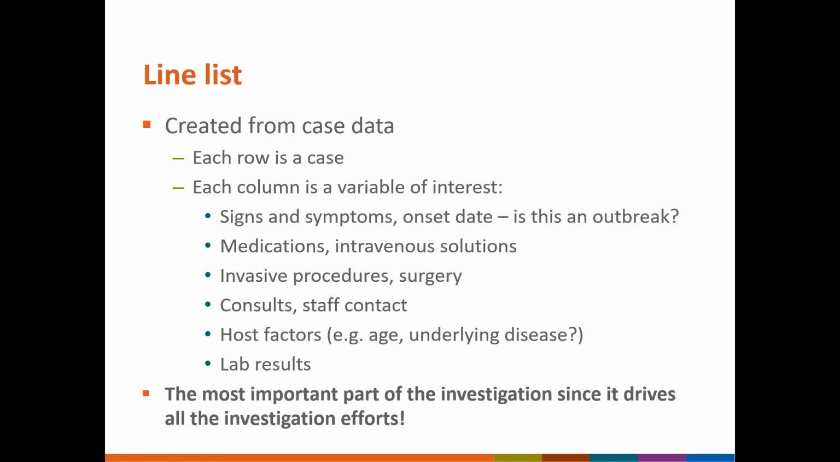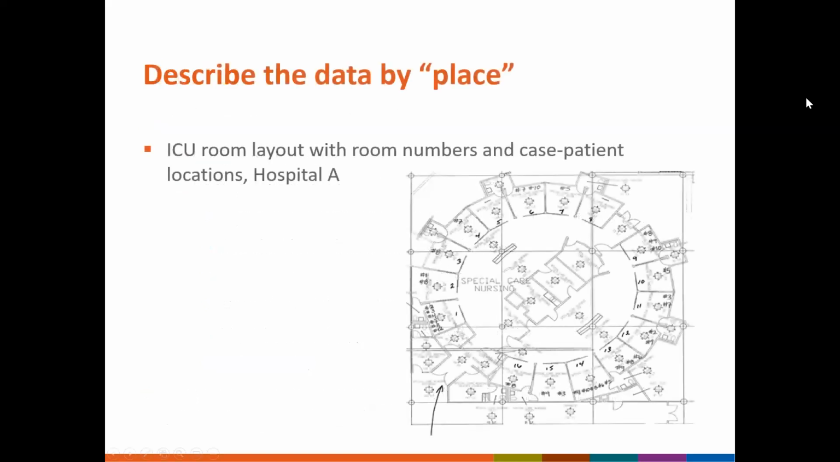Consultants, staff contacts, host factors, and lab results. These are some of the examples of variables which you could include in your outbreak investigation line list. The most important part of the investigation, since it drives all the investigation efforts, is getting conclusive evidence for your descriptive epidemiology. Here, what I have shown is an ICU room layout and how the cases are getting